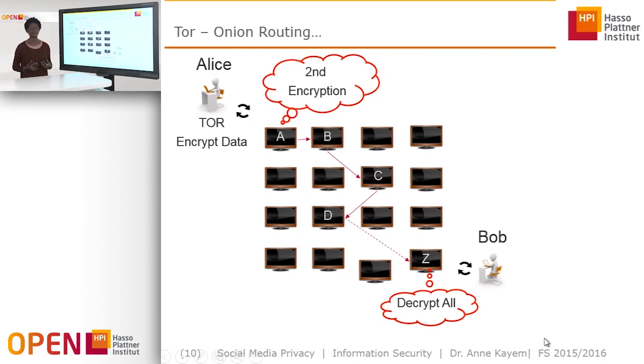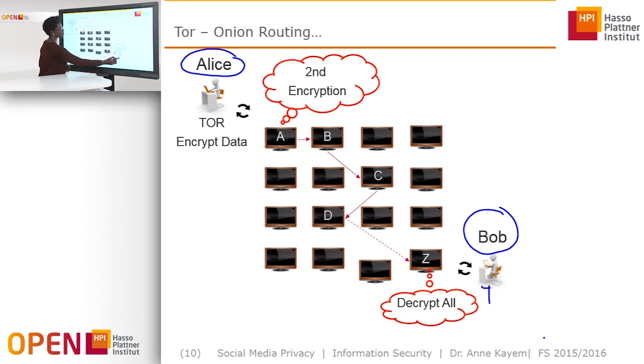Okay, so now that we've talked about that, what I would like to capture for you just before we wrap up is the actual mechanism that Tor uses to protect your data. So if you have, for example, two users, say Alice and Bob, who want to communicate information to each other, Alice has Tor installed, and typically she would have also encouraged Bob to have Tor installed on his system. What Alice will then do is use the Tor network,